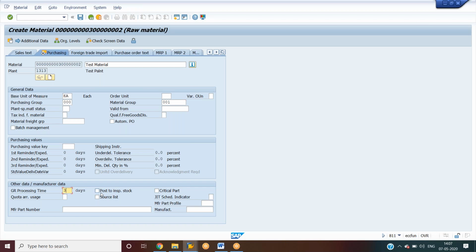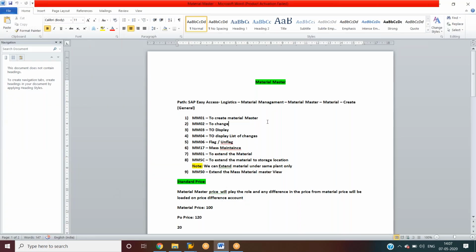Quality inspection of the material will be done in two ways. One is with the quality inspection lot creation, and the other is without quality inspection lot creation.